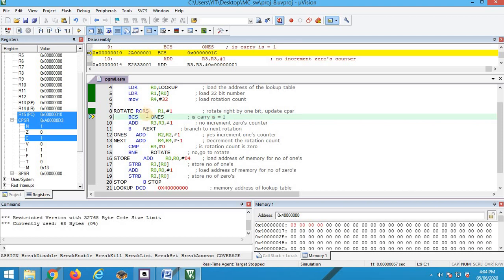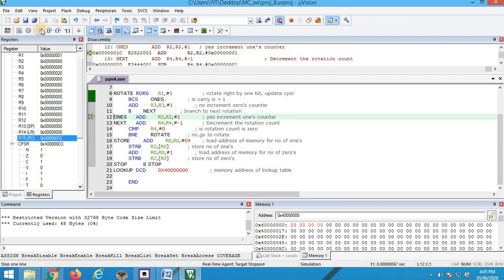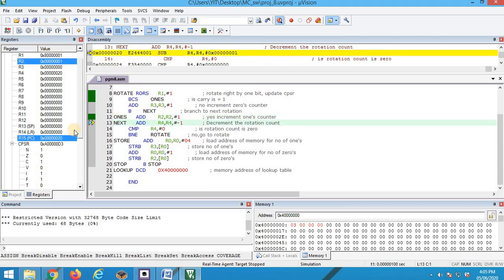When 3 is rotated by 1 position to the right, 1 is shifted to the carry flag. Carry becomes 1. So BCS means branch if carry set. As you can see, carry flag is set. We are branching to ones. R2 is the register to keep track of ones. So R2 value is incremented by 1, as you can see.